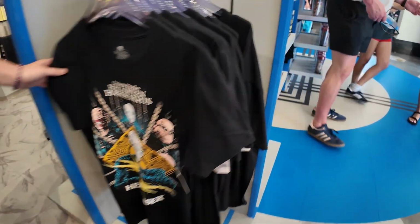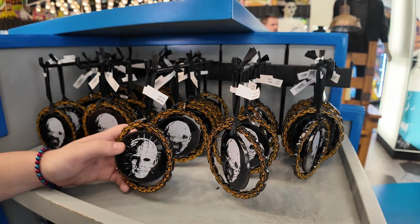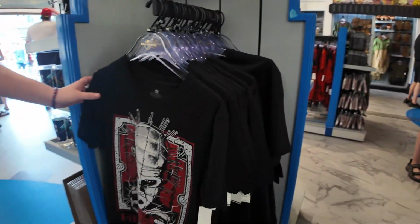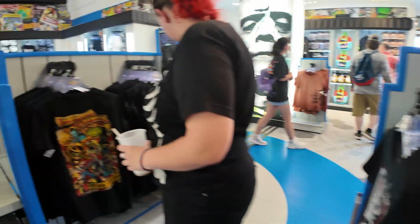Hellraiser, 30. All of the shirts are 30. All of the cups are 15. They have like the pendants. The ornaments are pretty pricey. They're $22. That's cool. And hold on. There's the Hellraiser shirt. Stickers and the diorama. And then...